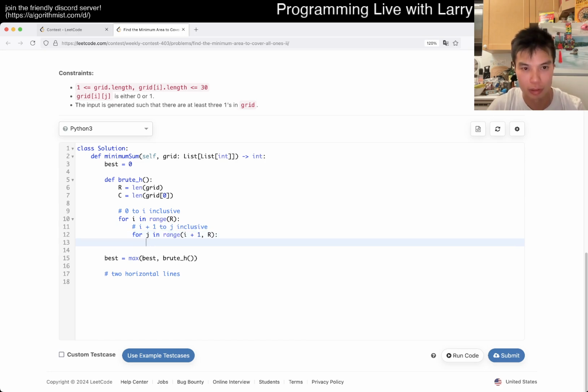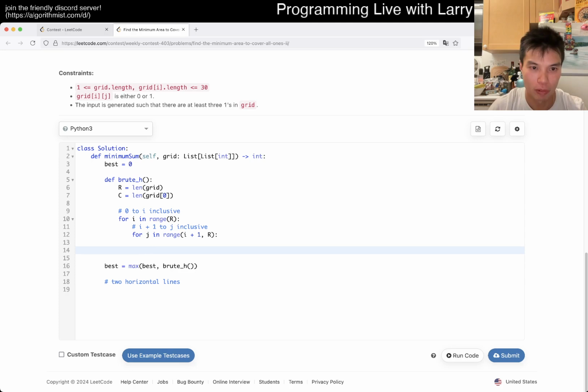Okay, so then now this is 30 times 30 times. Okay. I mean, this is still actually a little bit tight, but we should be able to do it, right? So then now we have